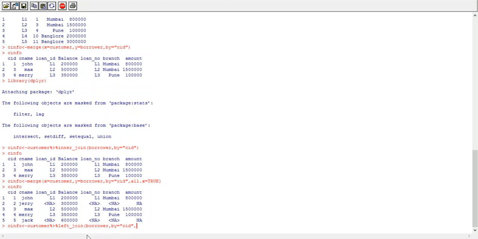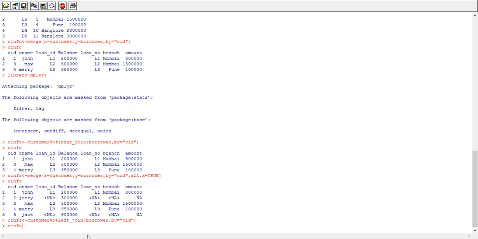Now which operation are we going to implement here? We are going to implement the left join operation. That's why we have used the function left join.